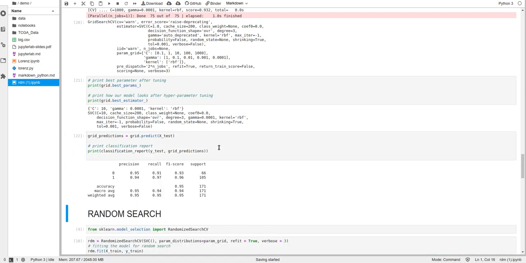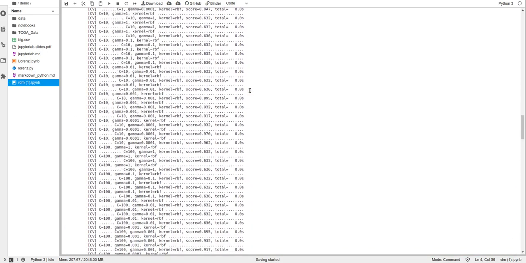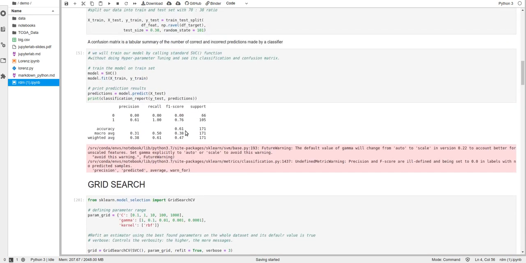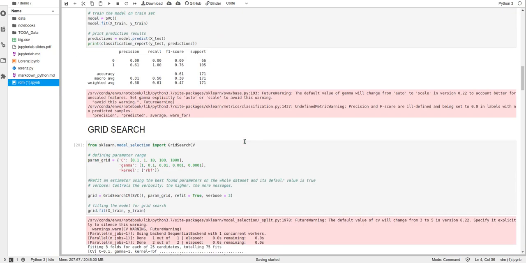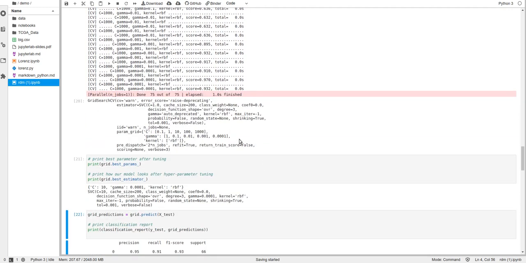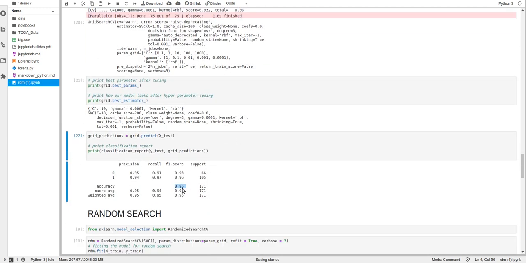Now here we get the accuracy score of 0.95, which is much better than that 0.61 without any search. This accuracy is without any search, and this accuracy is after grid search. So you can see the difference. Here the accuracy level is very high.